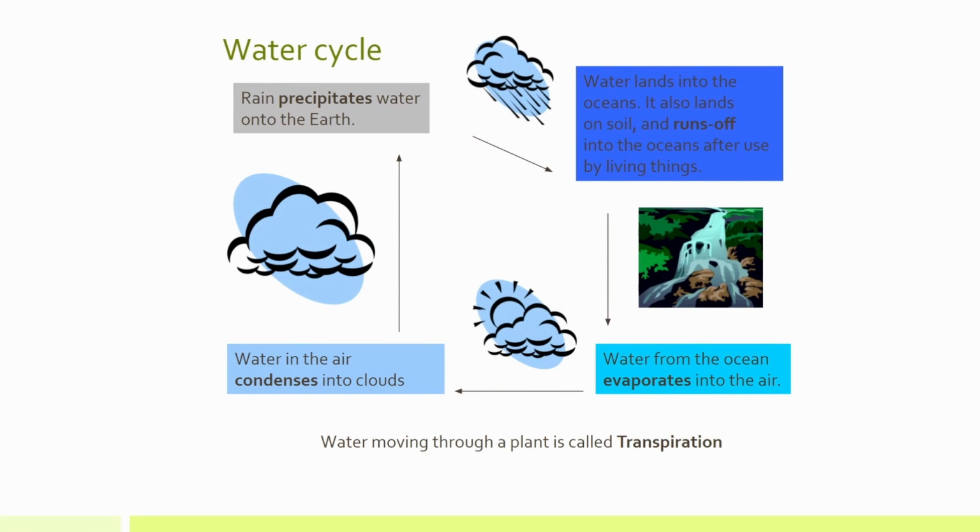So here is the basic water cycle. Let's start with rain. So rain is precipitation, and it's water falling to the earth. Water can land in oceans or land. It gets absorbed by the soil if it lands on land, or by plants. Some runs off back into oceans or is used by living organisms, and when they're broken down, you might get some of the water in their living bodies that are now decaying going to the groundwater. But after that happens, water from the ocean can evaporate back into the air and then eventually condense into clouds, and then finally, again, precipitate and rain down water on the earth.